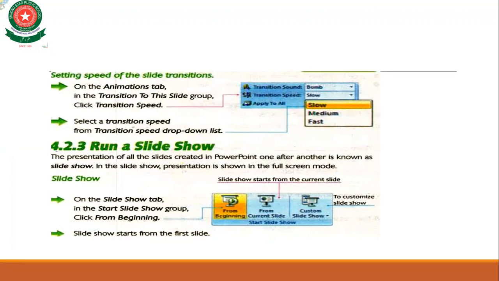Now part number 4 is: explain slide layout and its uses in a presentation. The answer to this question is on page number 127.